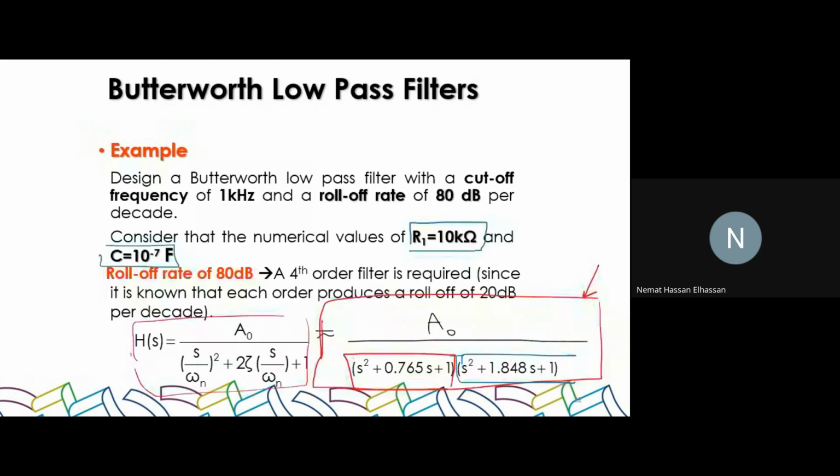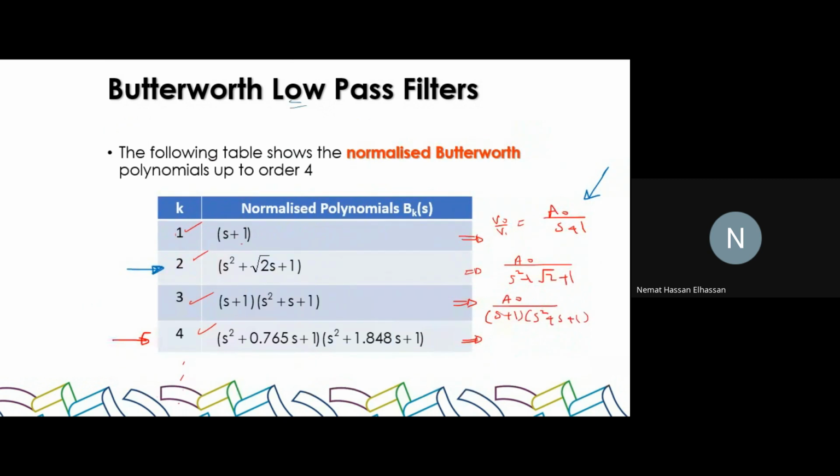السؤال ديزاين باترورث فلتر، وبالتالي انا عندي اوريدي المعادلات الترانسفير فانكشنز المطلوبة للباترورث فلتر. عندك معلومة انه الرول اوف 80 ديسيبل. 80 ديسيبل معناها فورث اوردر، صح؟ فبكل بساطة برجع للباترورث فلتر ترانسفير فانكشنز واشوف اي معادلة هي للفورث اوردر فلتر. طيب المعادلة دي بالمقام، البسط حيكون ثابت A0. حلو؟ طيب الفلتر الفورث اوردر هو عبارة عن two second order filters، صح؟